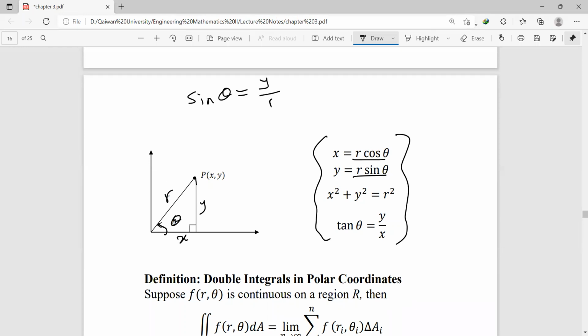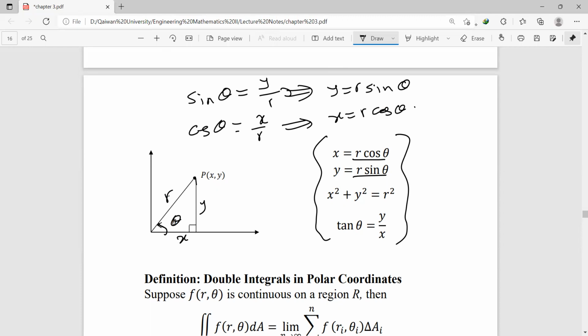Okay, and cosine theta equals to what? x divided by r. So from this we can get that y is r sine theta, and from this we get that x is r cosine theta,